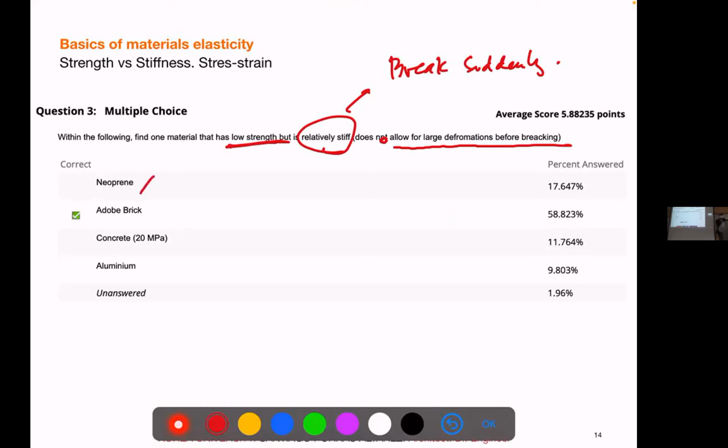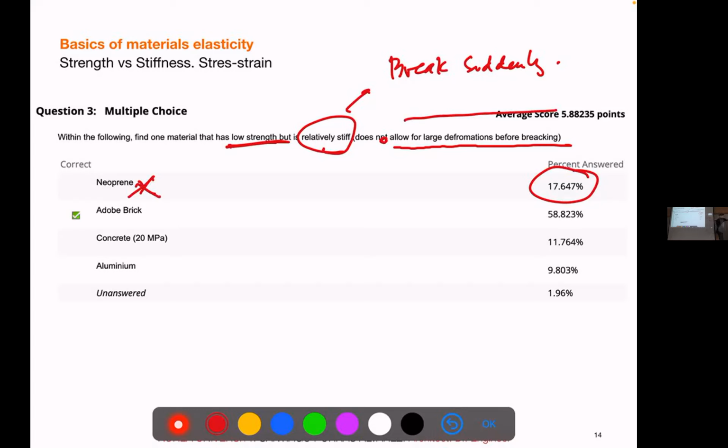So we know this is not the case with neoprene. And a lot of people replied neoprene, and I think these are the exam-minded people, right? Remember we spoke about neoprene, or it must be neoprene, and they just remember some question before and put it without any kind of logic. So this is very wrong. Neoprene can stretch maybe 10 times its length, or maybe less, so it's not the case.